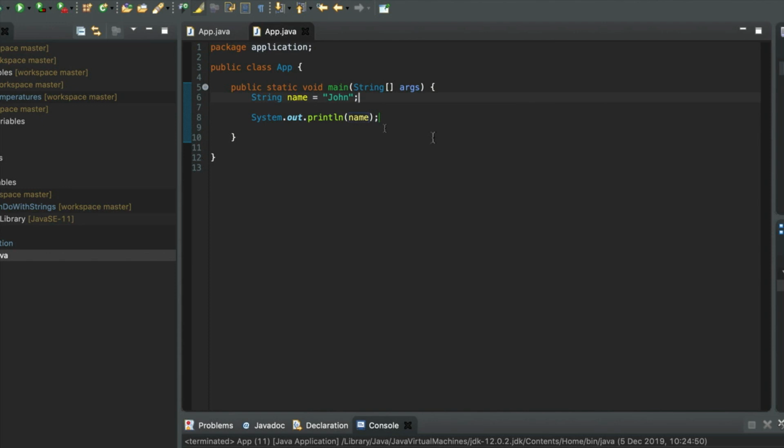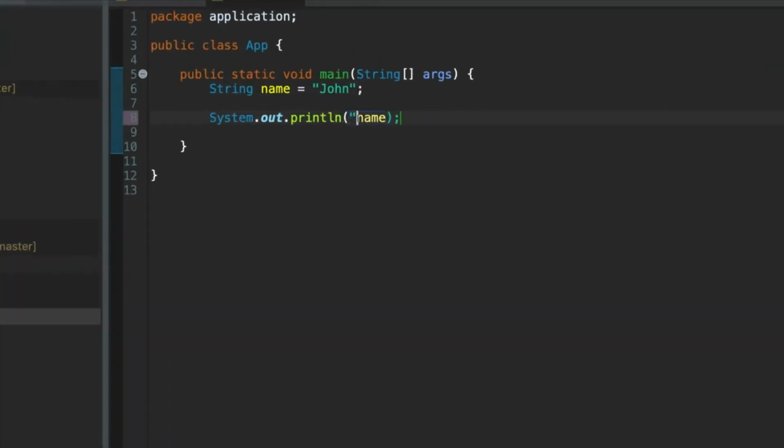We can also join strings together. So in sysout here, I could do this. My name is, let's put a space in and then a plus. So what's this actually doing? Well,